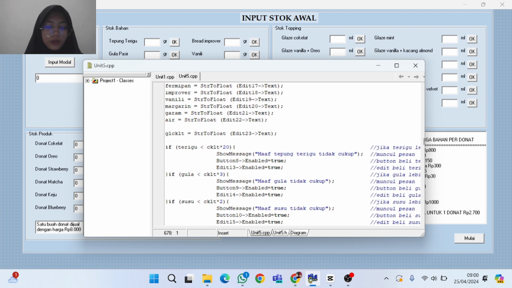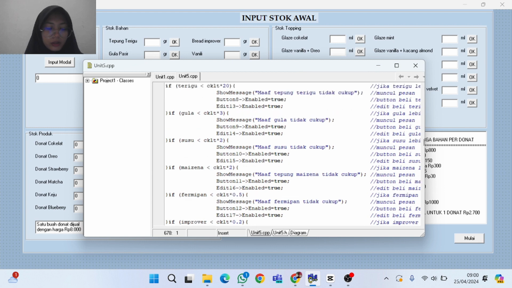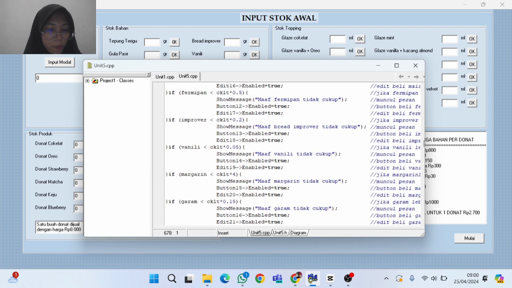This 20 is the number of ingredients per donut. For example, if there is not enough flour to make 20 chocolate donuts, the message sorry, not enough flour will appear. If the flour is enough to make the donuts, then all topping and ingredients will reduce accordingly. This is the source code to fill the stock from form 2, and this is for the recap form.